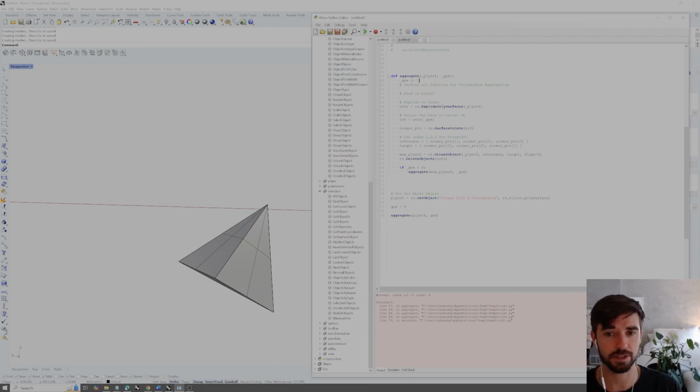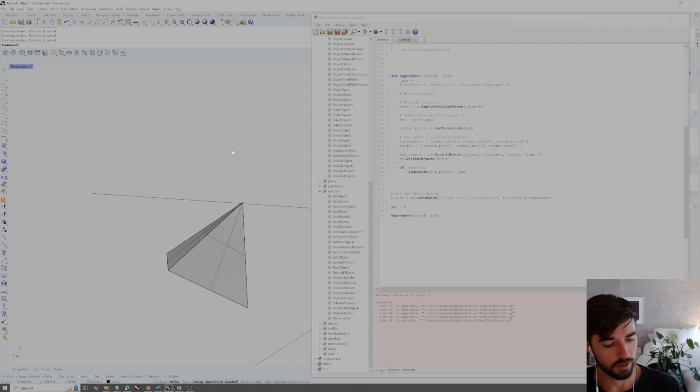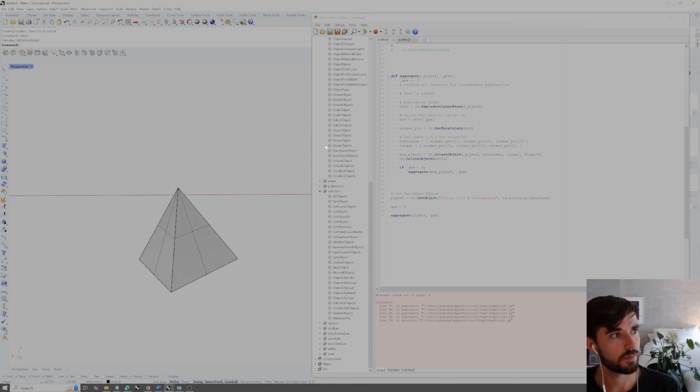But then it gets to face 4, which we actually don't have an index 4, because we only have 0, 1, 2, and 3, meaning 4 faces. So if I undo in Rhino here, we need a different way to maybe use this iteration information, or alternatively, in this example, we can just move this gen plus 1. So in this particular example, we just add this gen value